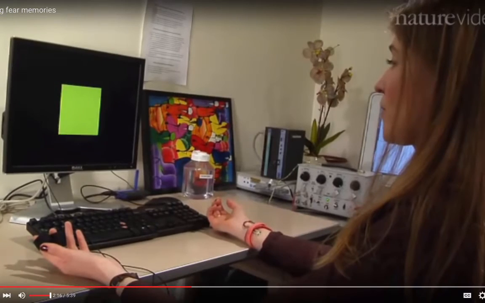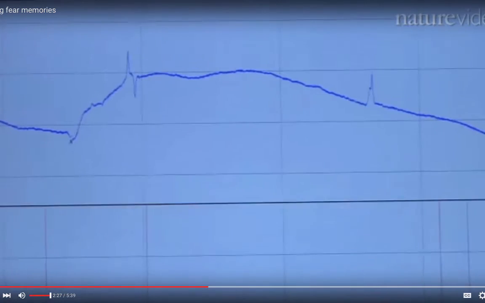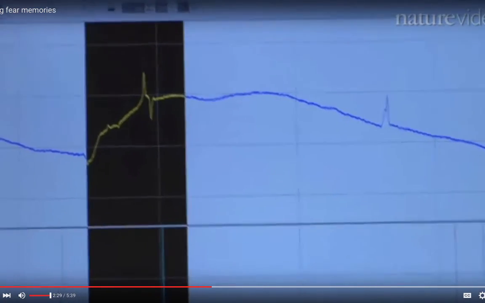So what we found in our experiment is that the way to get around the problem of fear coming back is to remind the fear memory before we do extinction training. To remind the fearful memory, we just present the yellow square again. This brings back the fear. Then we wait a little bit, and then we start with extinction training, which is presenting the yellow square again and again. This manipulation keeps the memory extinguished. It prevents the fear memory from returning.